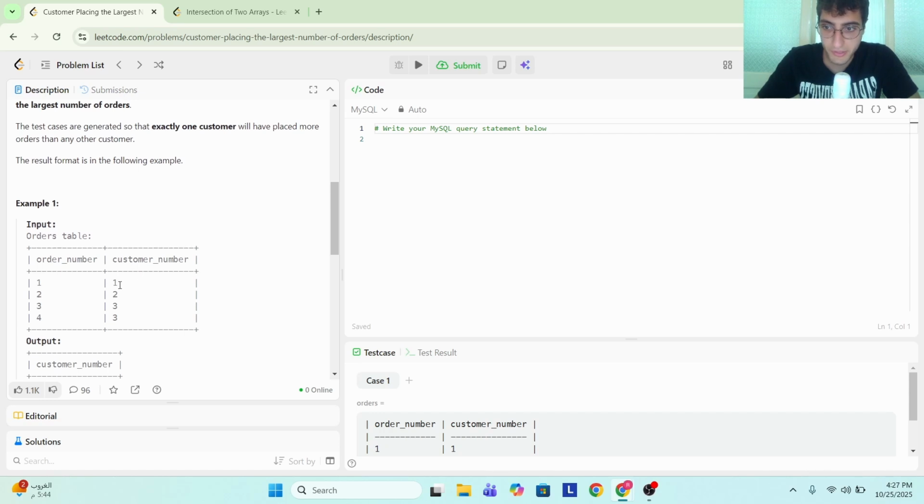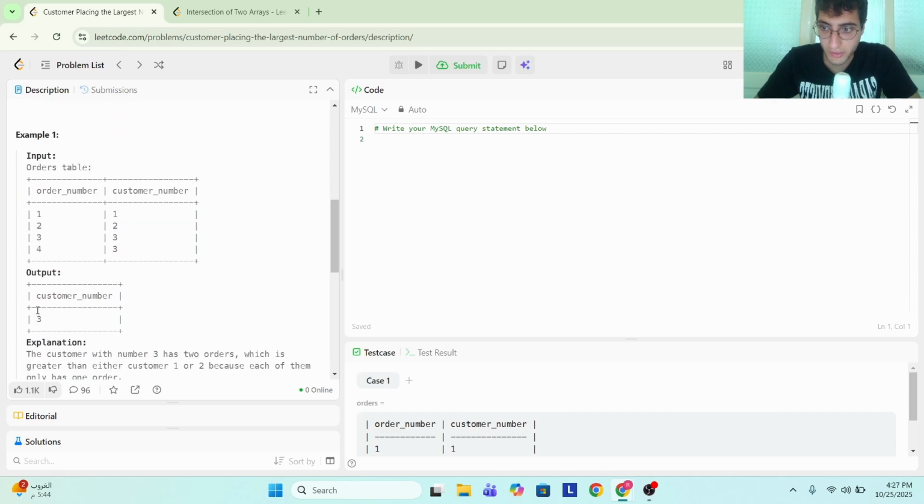Or a better way to read this is customer number 1 placed order number 1, customer number 2 placed order number 2, customer number 3 placed order number 3, and customer number 3 again placed order number 4. So obviously, given that customer number 3 has the most orders, order 3 and 4, we need to return customer